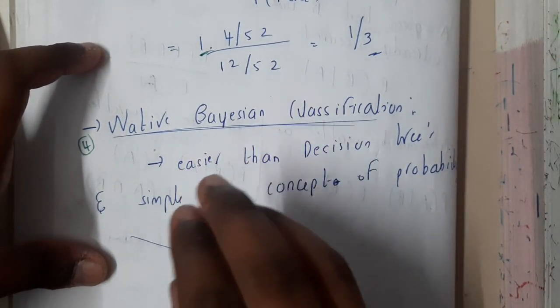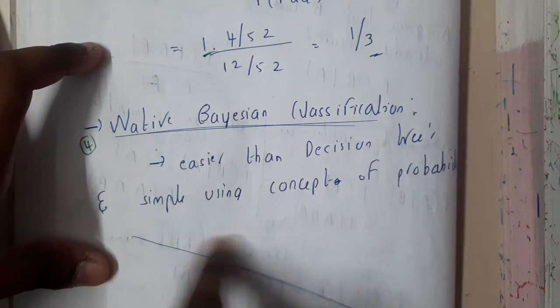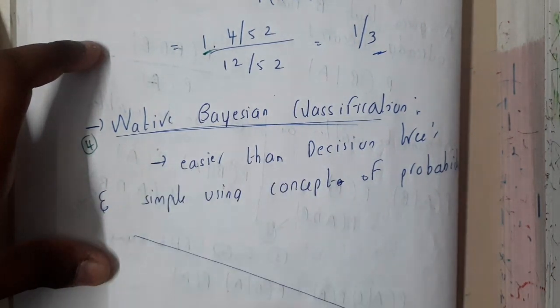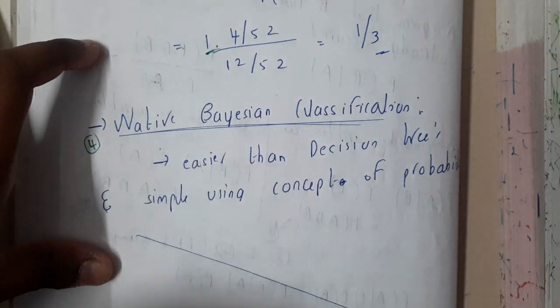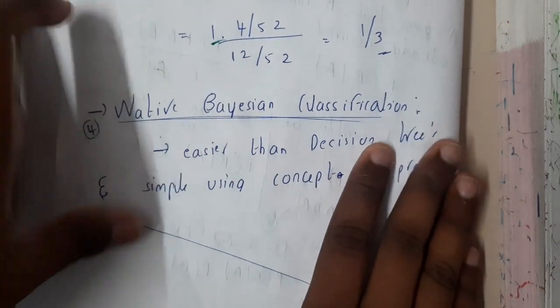So basically, I'll be solving it completely in terms of tables, by drawing tables. Few will even solve it in terms of a tree structure also. But I think, according to me, the tabular method is really easy when compared to the tree method. So anyway, let us first go through the tabular method.